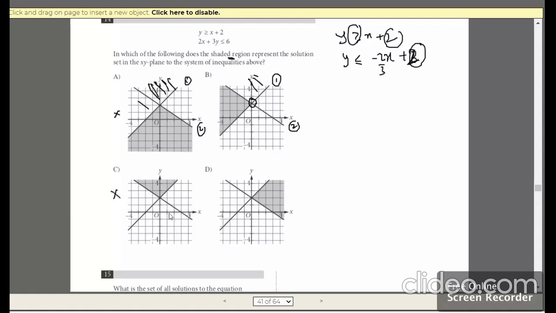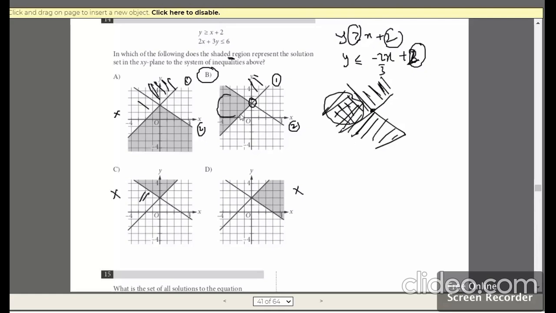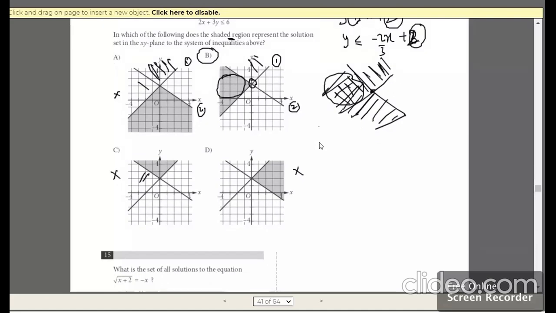Neither this one, the reason being less than should fall in this region, so it should definitely not come over here, and this is completely ruled out because everything is going away from the origin. So the only choice left is B. If you look at it, y greater than, this is my first equation, greater than means it should go up only. And now the next equation, whose point is over here, less than means it should come towards the origin. So this region is our answer. That is the answer for that.